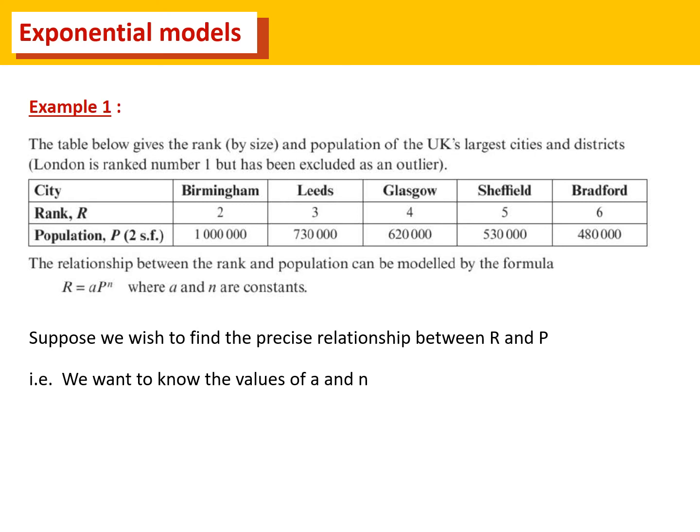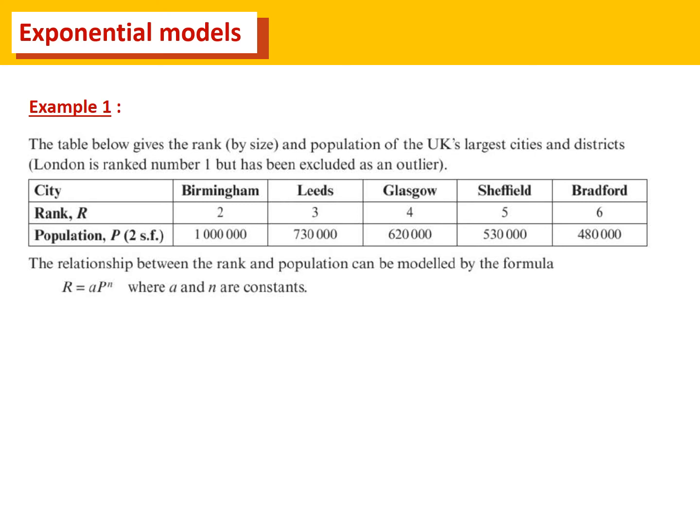Have we got it so far? We're trying to find A and N. Now, you might think, well, why don't we just substitute some values in? So, for example, if we take the values of Birmingham, which is our second ranked city with a population of